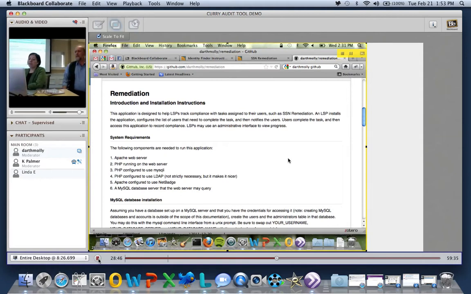The Apache installation has to have NetBadge on it. That's what allows people to log in. You need to have a MySQL database server somewhere that will allow your web server to query the MySQL database. That's easy enough to do in the university environment, and I'll show you how to do that with one of the public systems that's out there for setting up MySQL